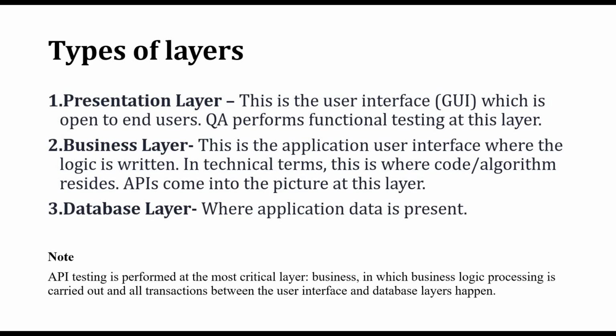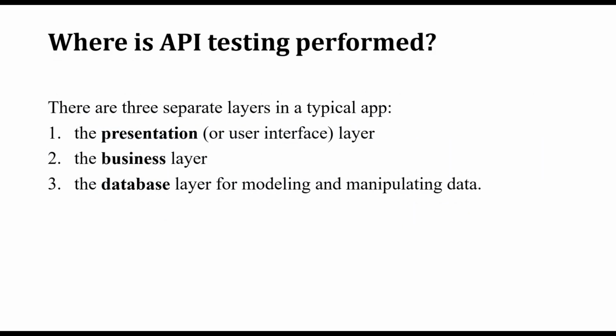So here the critical layer is the business layer. Only the business layer is very important. If the logic you write is very good, then the application will work properly. If it is not, what happens? Some issues, defects, errors will be thrown. At that time the customer will lose confidence in this application. Okay, so this is the API and API testing we are going to do. This is the basic level of API testing understanding. Okay. Thank you guys.